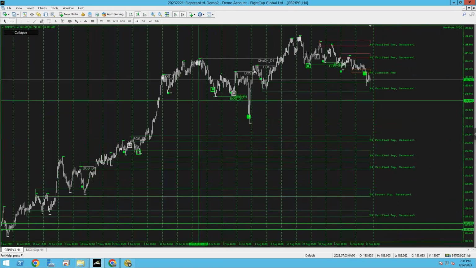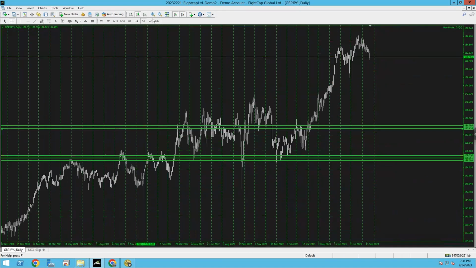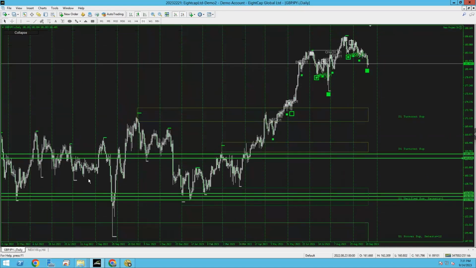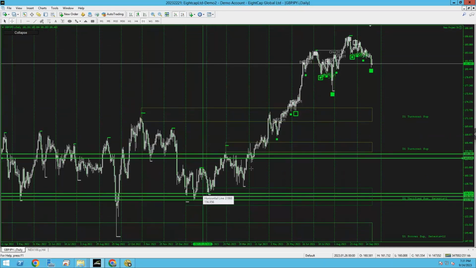So now we can see pairs are extremely high, so expecting them to break. So this is the 4 hour, not daily, my bad. Here we go. So you can see here, boom, right here. This is the daily right there. So it's almost a 2,000 pip buy it did from that turncoat. And if you missed that one, there was another one here for 1,300 pips.